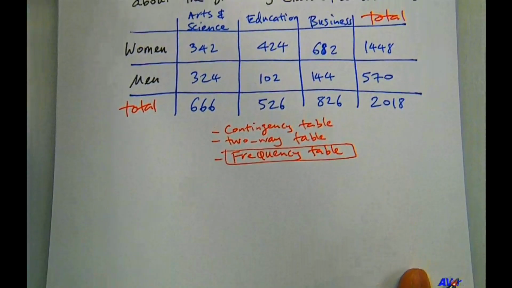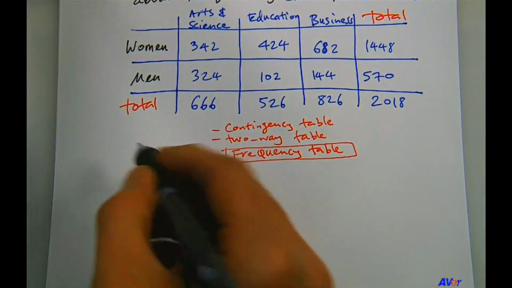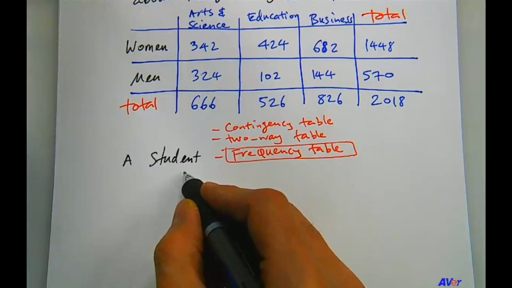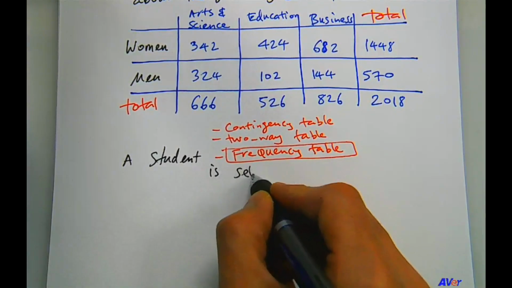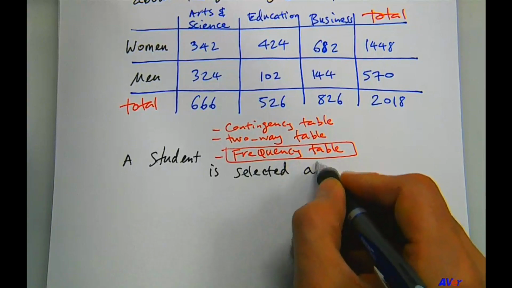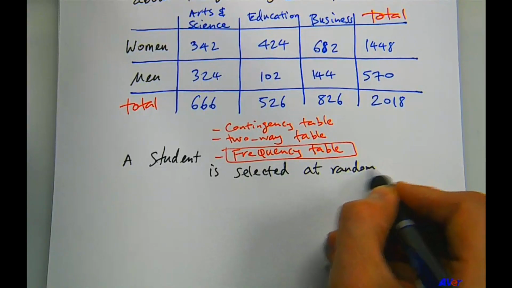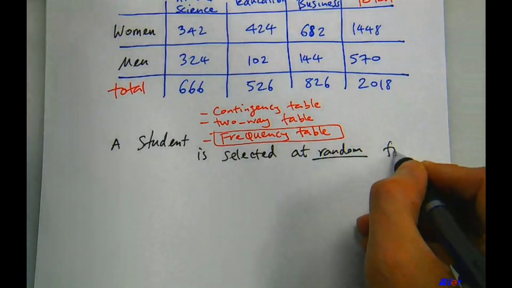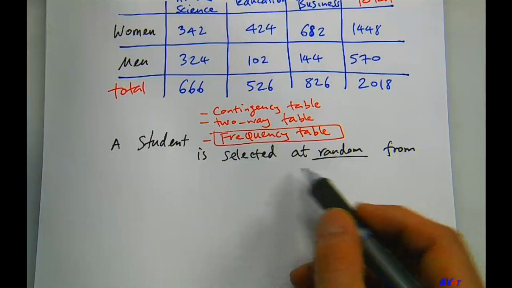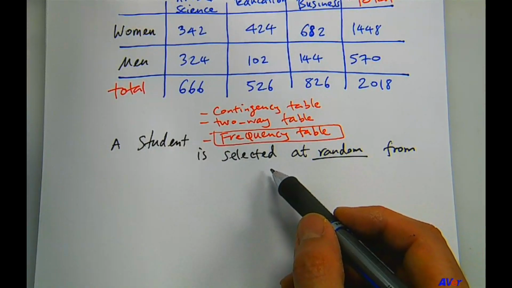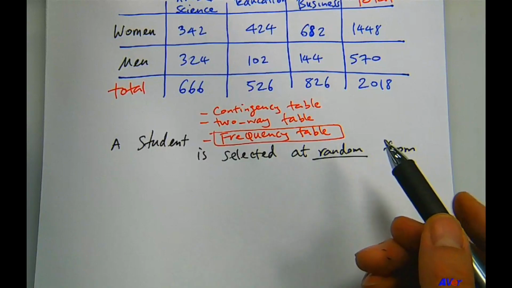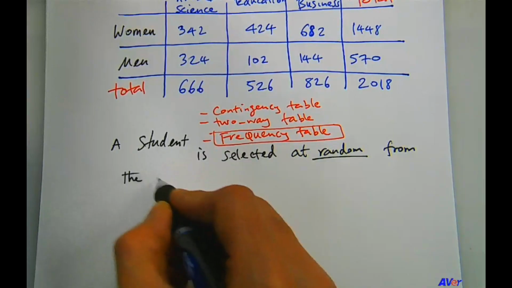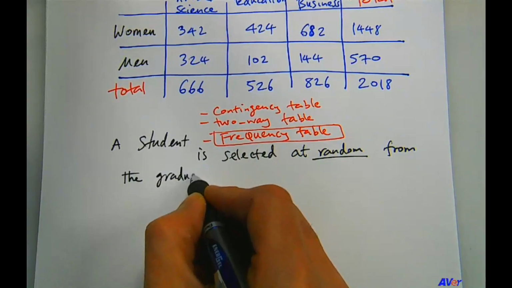Okay, so given this data, we are told that a student is selected at random. That's the key for probability calculations to be valid, right? Otherwise, if a student is selected with purpose, then that has nothing to do with probability calculation. So at random from this graduating class,